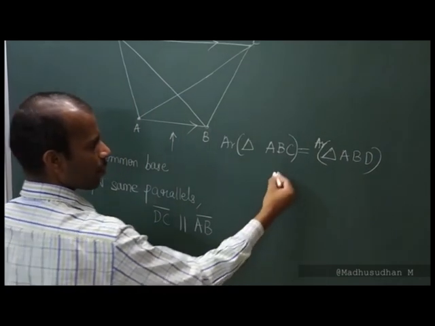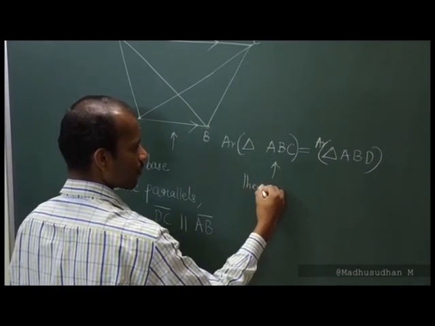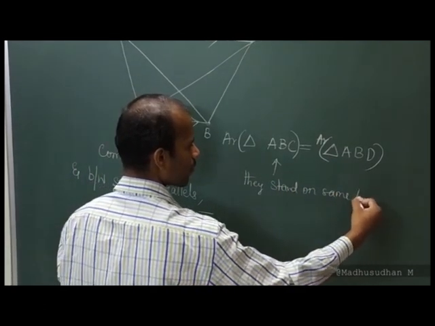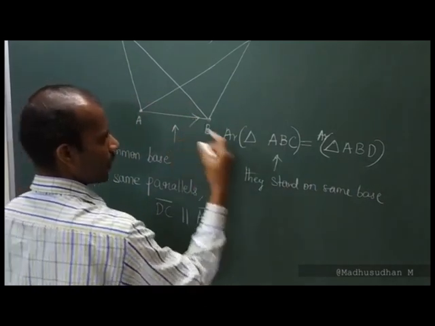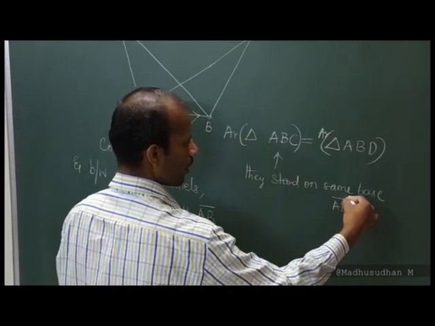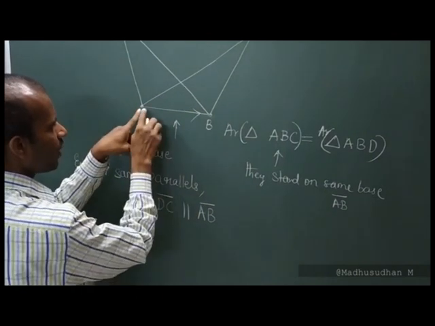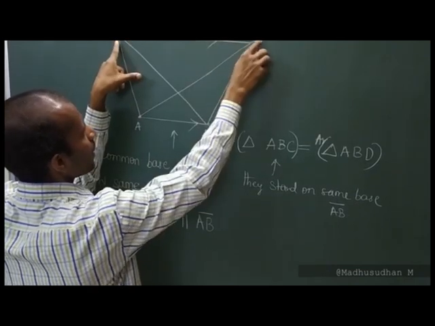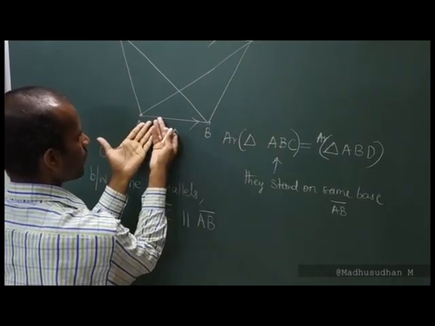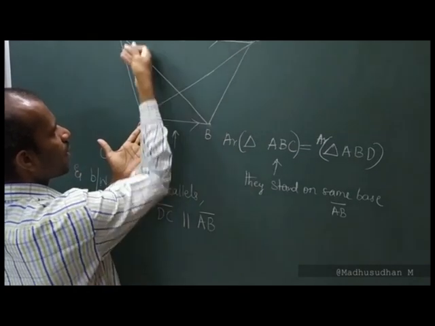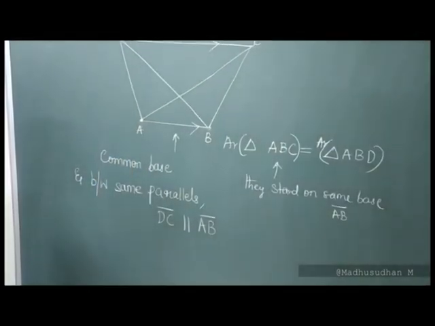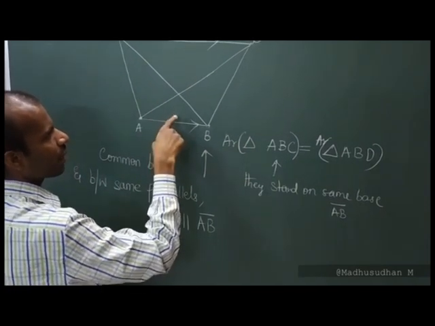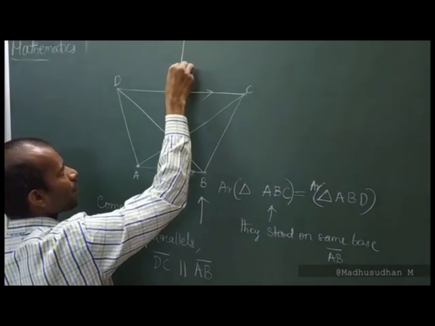Followed it? Provided they stand on the same base, which is the same base here, AB, and between the same parallels. What is the meaning of that? So here from A to B, the ending point for this parallel is C, right? So exactly on this base, I have these two triangles standing on the common base. So from this direction, suppose for the same diagram, we are now looking from this direction.